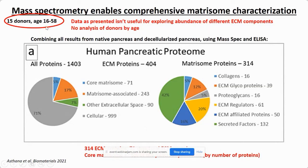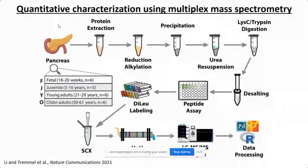And also they had a pretty broad range of donors in this paper, but they didn't analyze these based on donor age. So another study that used mass spec and was published in the last year on human pancreas, and